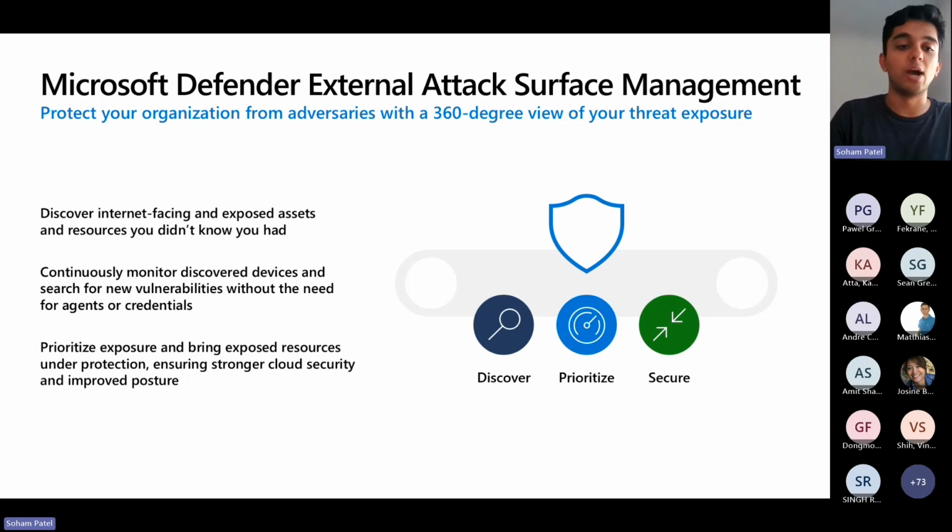And then lastly, we help you secure your attack surface. So after you might have mitigated this risk or mitigated the CVE or vulnerability, we make sure that that will come into our discovery algorithm, which is run on a weekly basis. So then your Defender EASM view of your attack surface will be updated at that weekly interval. And then it can be shown that, hey, your attack surface is becoming better in this sense, less exposure, things